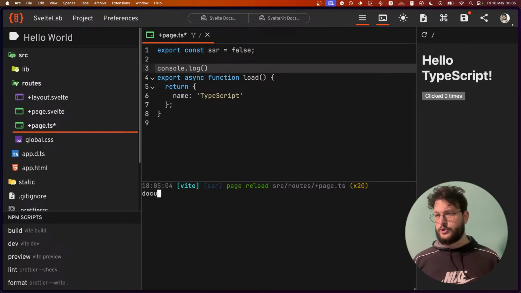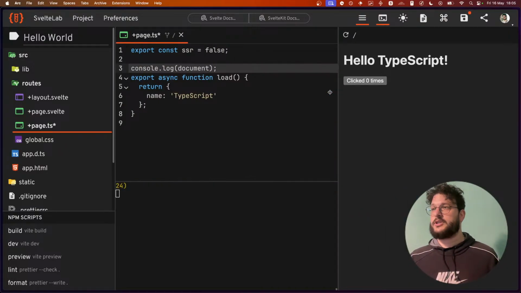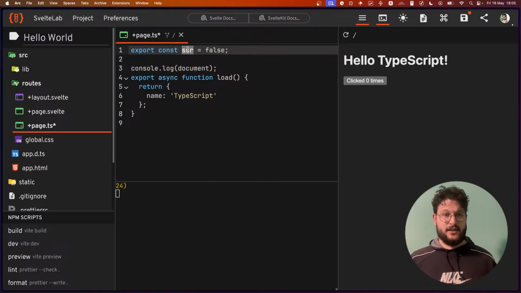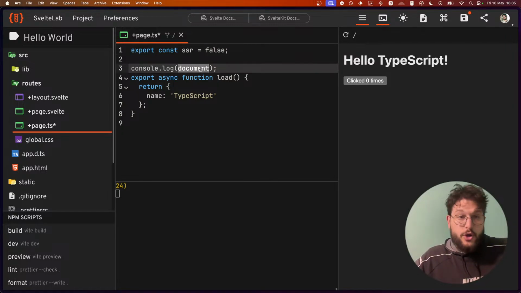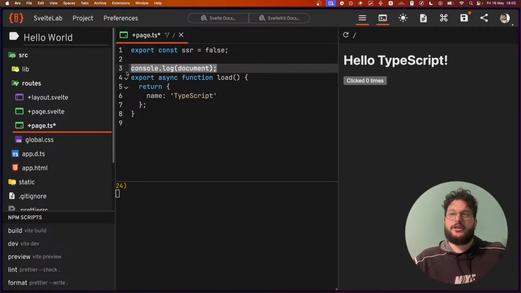Let's say that I do document. And I can copy this. If I do console.log document, you would expect this to work fine, right? Because you are exporting SSR is equal to false. And so this should not load on the server. However, up until before this release, this will actually crash